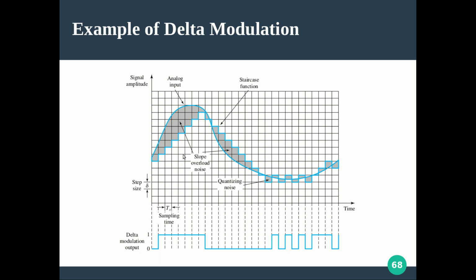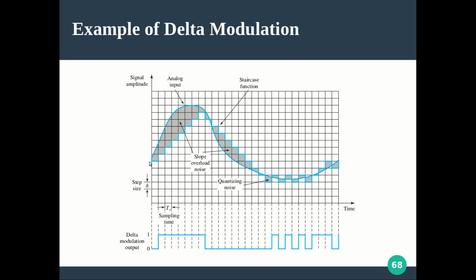The noise is still there, but the benefit here is about the data rate. We just need a single bit for representing each sample value. That is a very good improvement over the previous one, because in the previous one the bit count is proportional to the number of quantization levels. Here it is not: irrespective of how many quantization levels you take on the y-axis, we just need a single bit for representing the amplitude value.